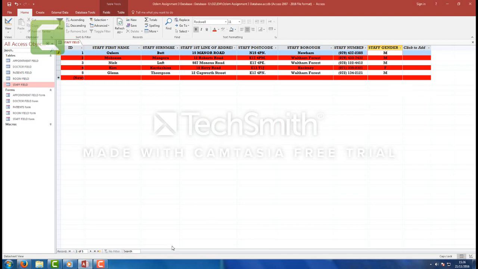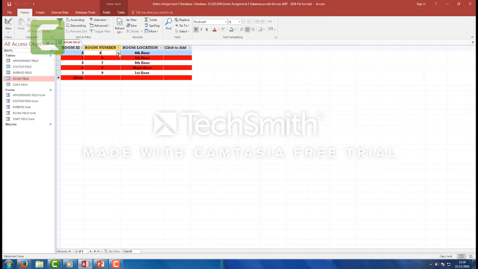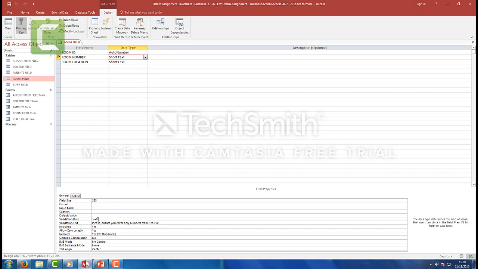If the user doesn't enter in M or F, a tab will appear and it won't allow them to continue. The next table I've created is the room table. With the room table, there were only 2 data consistencies. For the room number, I created a drop down so the user can choose which room it is, and for the location, the user can choose what floor it is. As you can see, for room number I've created a validation rule as shown, and for room location, I've just created the drop down, allowing the user to choose